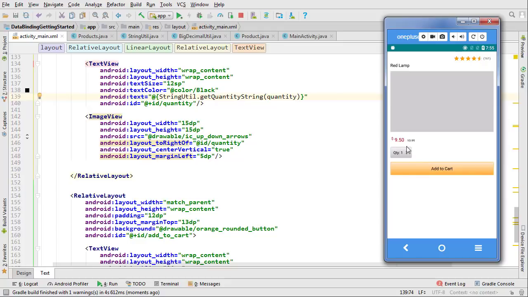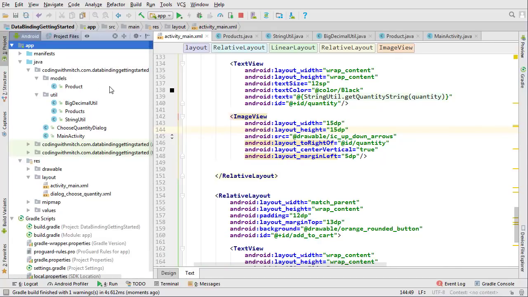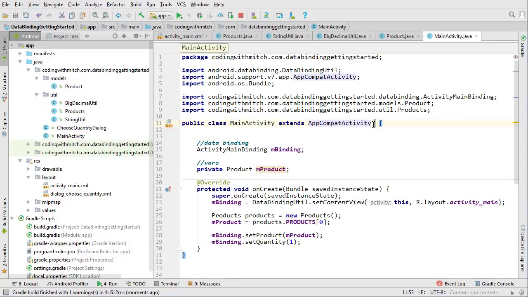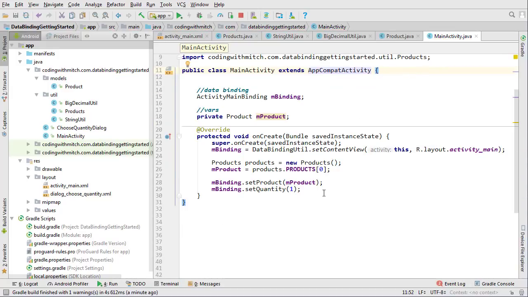Next is going to be the on-click listener and inflating that dialog. Right now if I click this, it does nothing. So that's what we're going to work on now. To do that, we're going to use an interface. There's a lot of different ways you can do this, just like there's a lot of different ways you can add an on-click listener in main activity. Like you could implement the View.OnClickListener interface and then set the clicks that way,